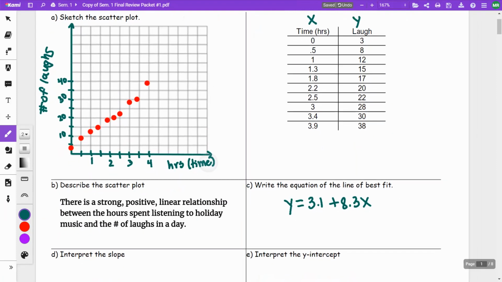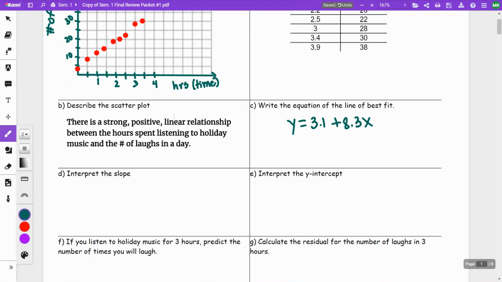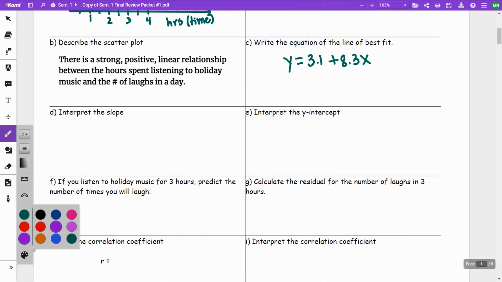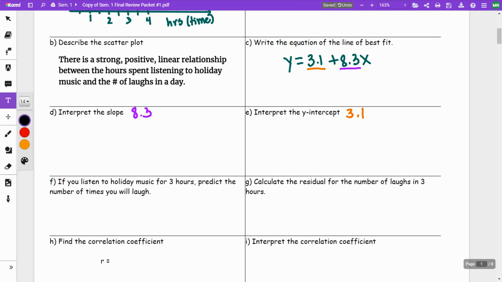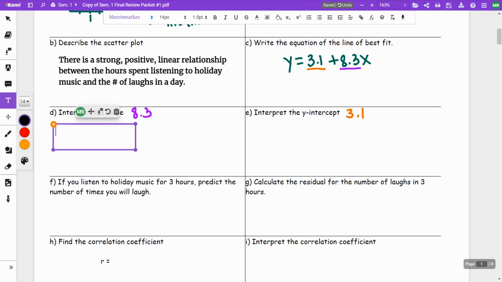Now, on the next question, they're going to ask us to interpret the slope. The slope is going to be this 8.3, sorry, this 8.3. And my y-intercept is going to be this 3.1. So we're going to be using that. So now when I do my sentence frame for my interpret the slope,